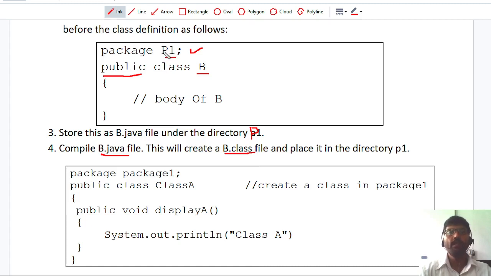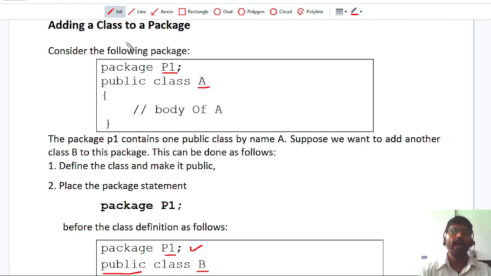This P1 contains A.class as well as B.class. Once you have done this, we have added a new class to the package P1. So in this way we add a new class to an existing package.